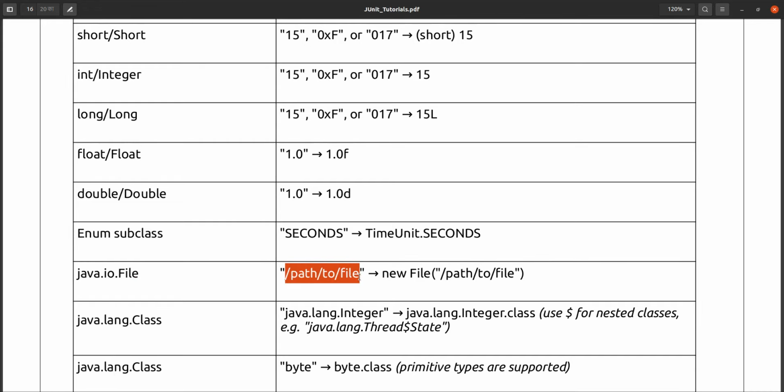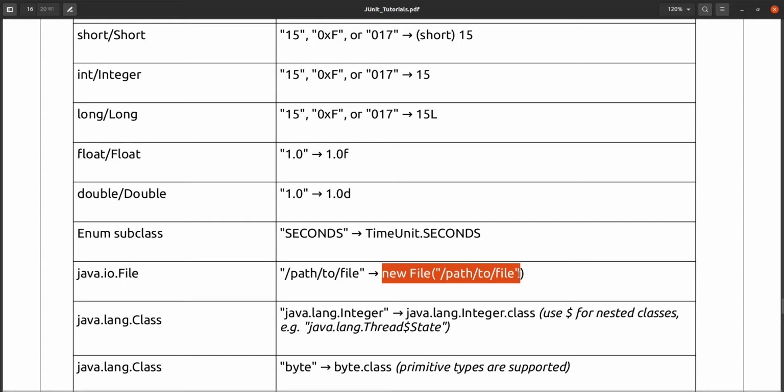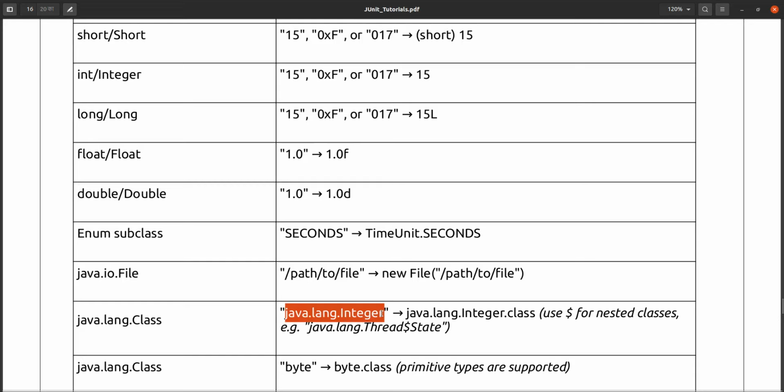See, it is very interesting. This is a path only, and this path name is given as an input in the form of a string only. But if you are accepting that input in the form of a file, then automatically a file will be created using the new keyword. See, if it is a class, suppose you are giving this one, then definitely it will be converted into